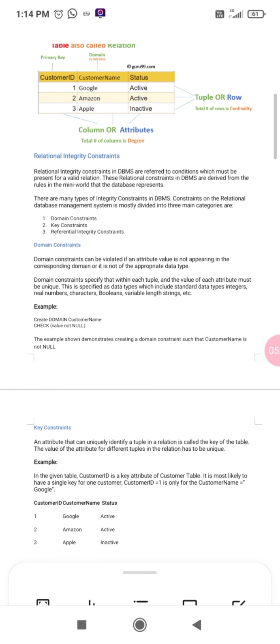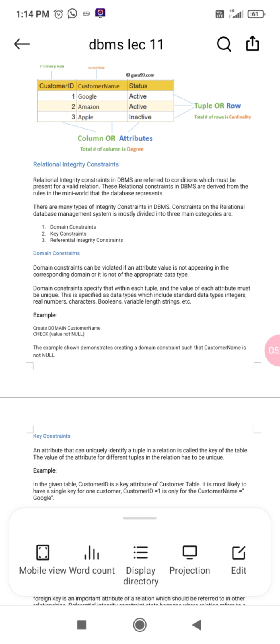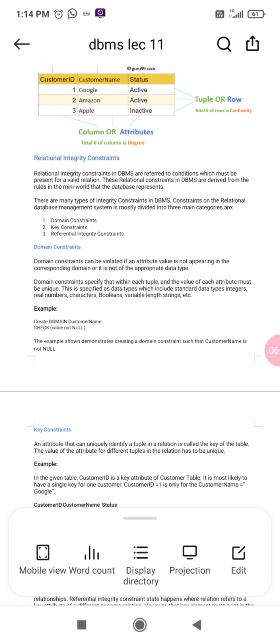See the diagram. Clear? Vertical lines are columns or attributes and horizontal lines are tuples or rows.